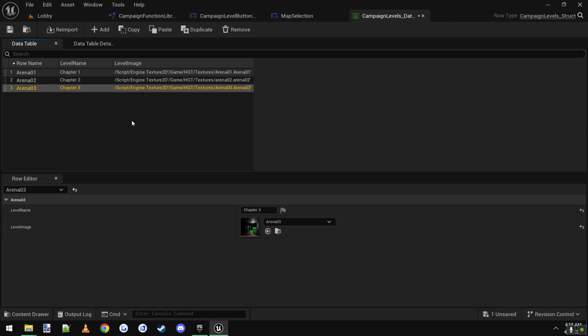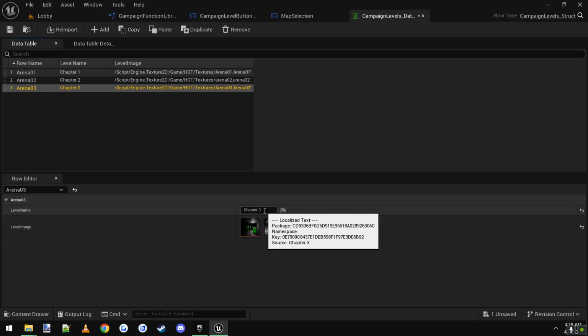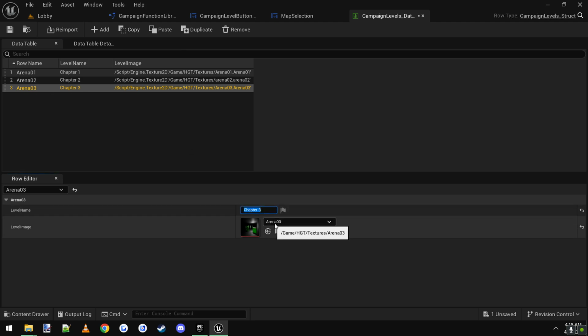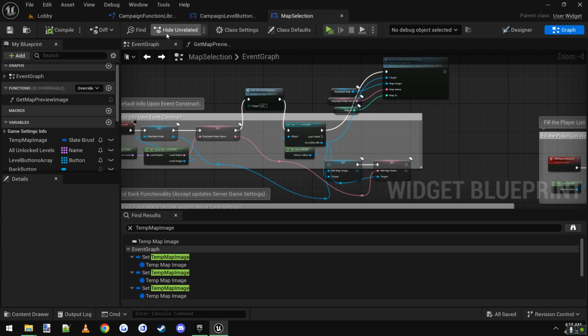So later in your game, let's say down the road you want to add more levels, you just come up here, click the add button, it'll add you a new row, and then you just fill in chapter 4 and add in an image for chapter 4. It's that easy. So now that you have that data table done, you can save it, you can close it,